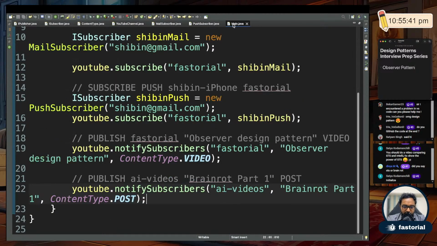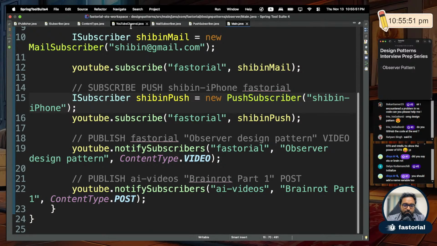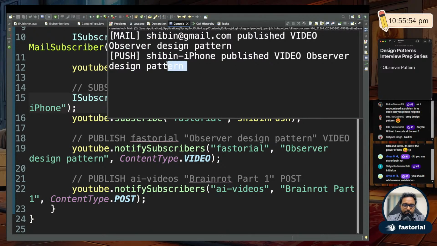I should have actually changed it to iPhone or something, right? What was it? Shibin iPhone. It's here. Let me change it. So the push subscriber's device ID is the device ID itself. So I got these 2. Okay, Shibin iPhone published video,